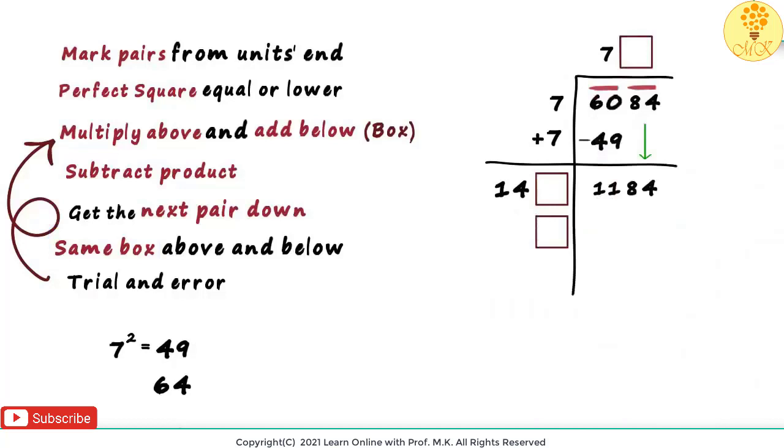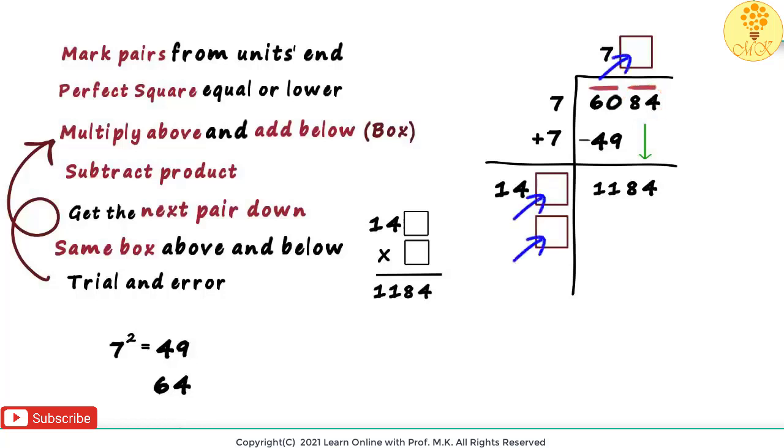And at last, we reach our favorite step, finding the digit in these boxes by trial and error. We want the product of two numbers to be equal to 1,184. But the product will look something like this. And we have to use trial and error to find the digit in these boxes. Okay, now here's a trick you need to remember. This trick can be used only when there are no more pairs left. Here, since 84 was the last pair we brought down, we can use this trick.